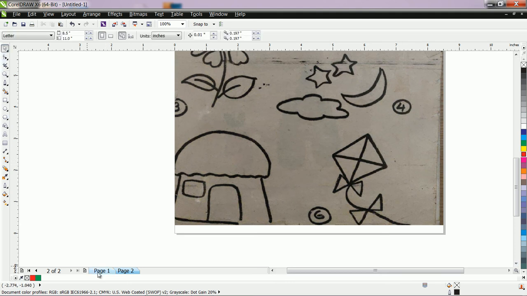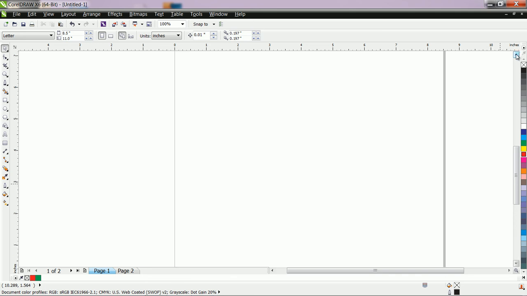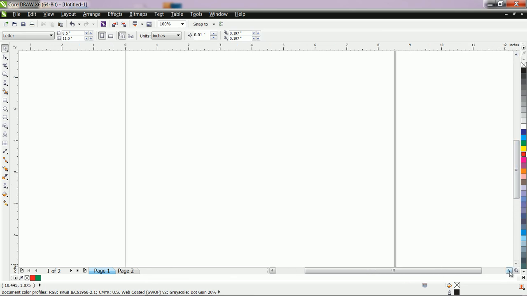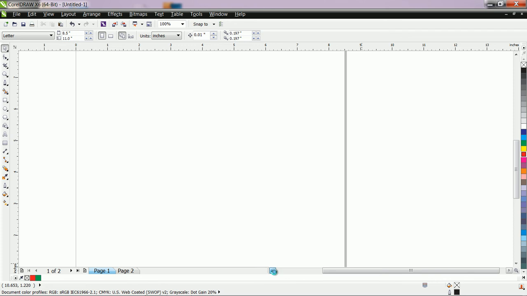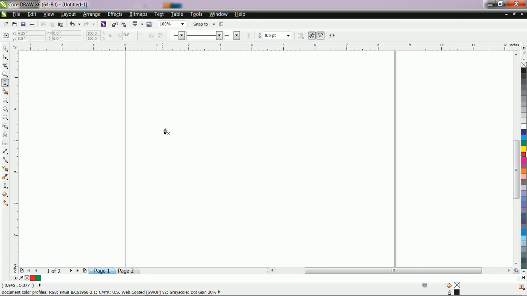Okay, now with the help of any tool you can draw the shape. Here I use now pen tool. Press the shift key, then it will draw the line. It will draw the straight line. Okay, this is one shape.